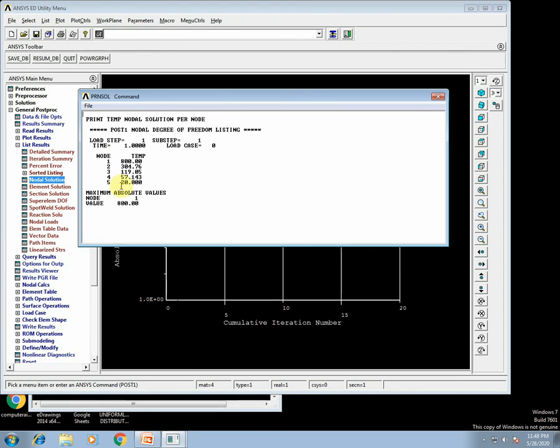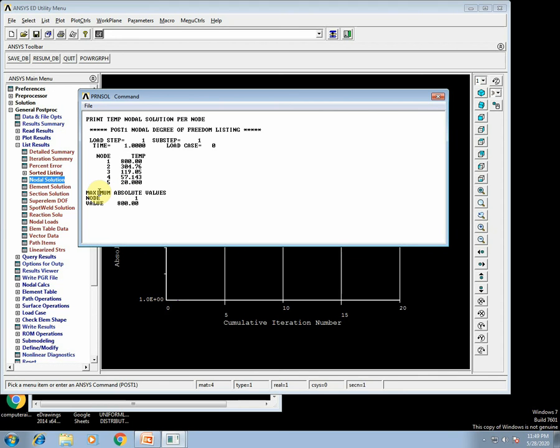Okay. Here the nodal temperature, node 1 is 800 degrees Celsius, node 2 is 304.75, and 319 degrees Celsius, 457 degrees Celsius, and node 5 is 20 degrees Celsius.